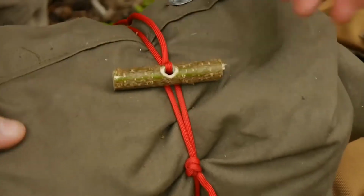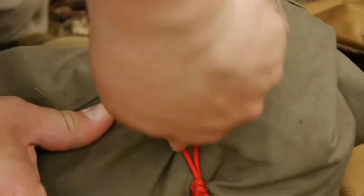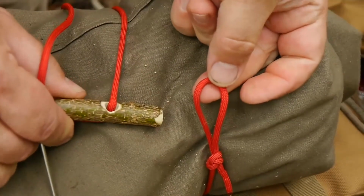To release this knot, just turn the stick, push it through the loop, and now it's open. So my friends,